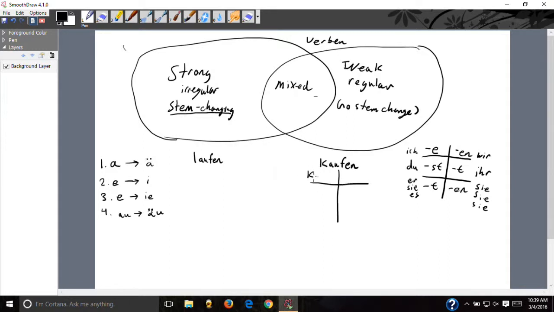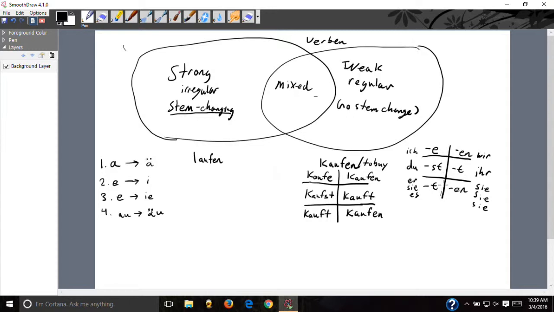ich kaufe. Notice I'm dropping the EN for each of these. Du kaufst, er/sie/es kauft, wir kaufen, ihr kauft, sie kaufen. So, as we can see here, kaufen, to buy,